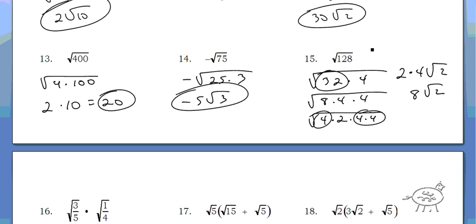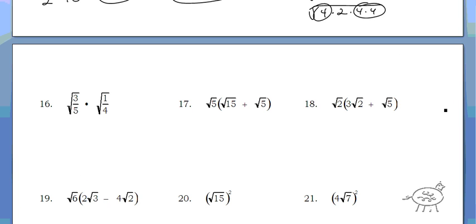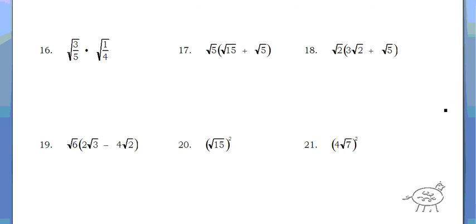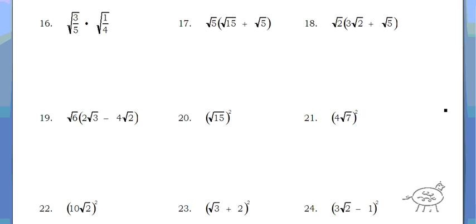And the simplest way to do that was actually 2 times 64. Okay, what's the square root of 64? 8 with the square root of 2 left over. Okay, so the faster you can do it, the better off you are. But if it takes you a little while to get a couple of numbers, that's okay. It doesn't really matter as long as you get the right answer. Okay,